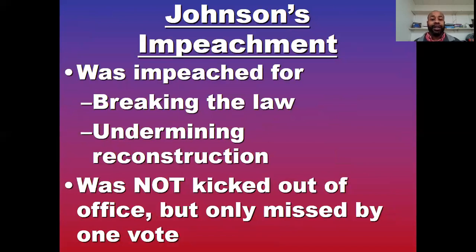Because of him breaking the law, Johnson is now impeached for violating the Constitution. He's the first president to do so because of this Tenure of Office Act. Just like President Trump just happened 2 years ago. He ends up getting impeached over breaking the law of this thing, undermining the Reconstruction project that the Republicans have set off. He's not removed from office, but he loses so much credibility that Congress actually now can take control. The Senate takes control of the Reconstruction.